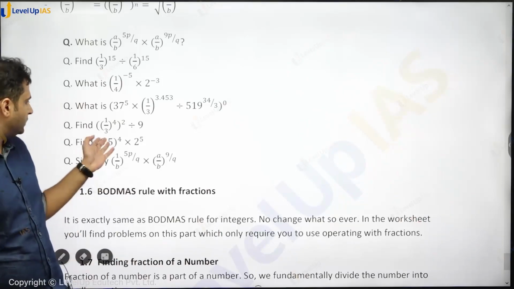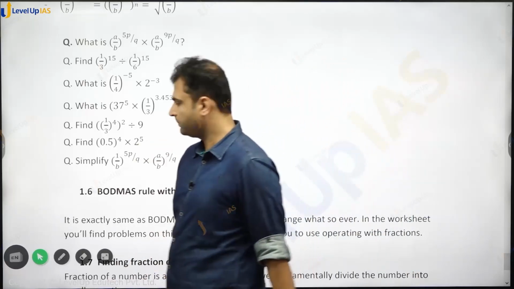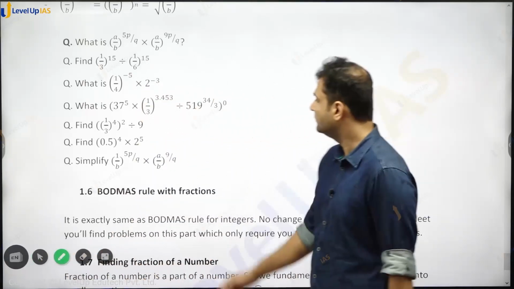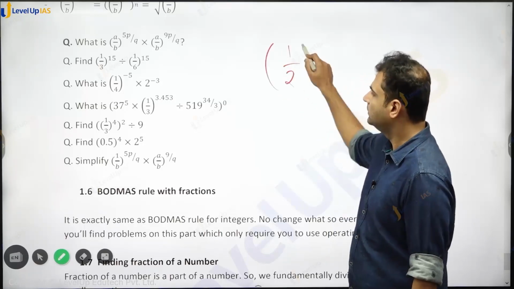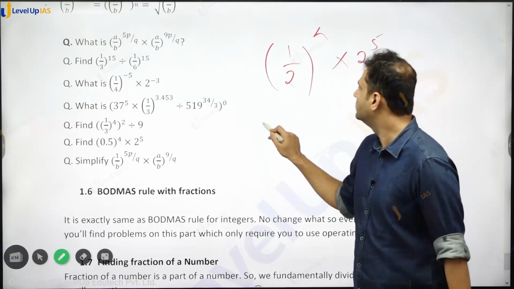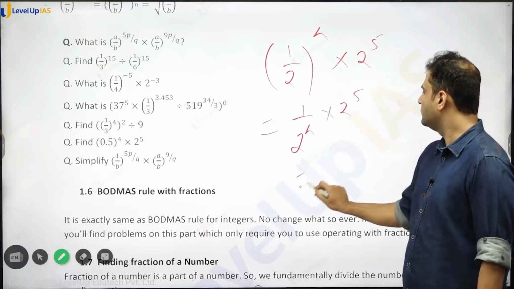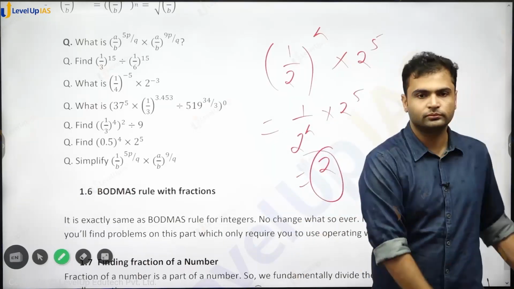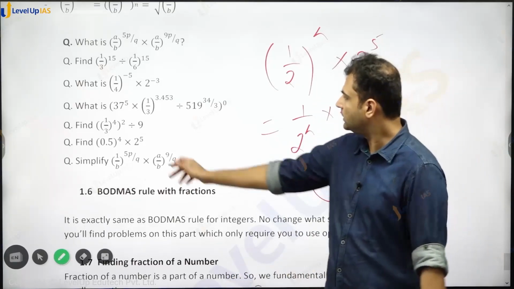देन सेकेंड लास्ट क्वेश्चन 0.5 वाला, ये 0.5 raised to 4, 0.5 I can write (1/2)^4 into 2^5 equal to (1/2)^4 into 2^5 is equal to 2, ठीक, कोई इशू। लास्ट,